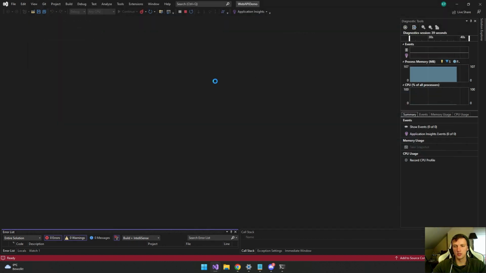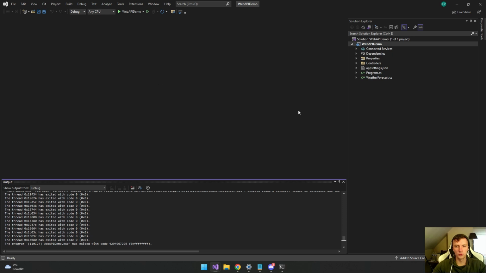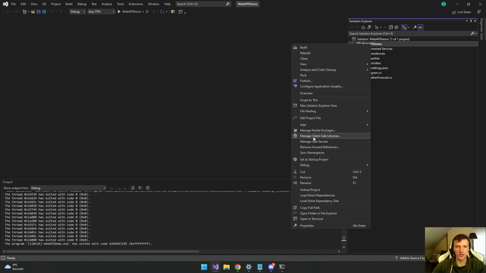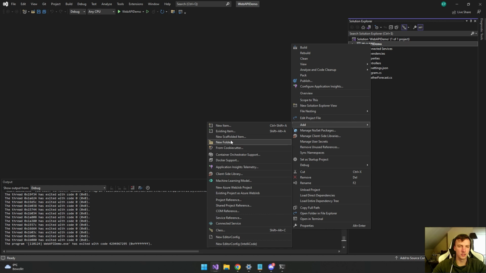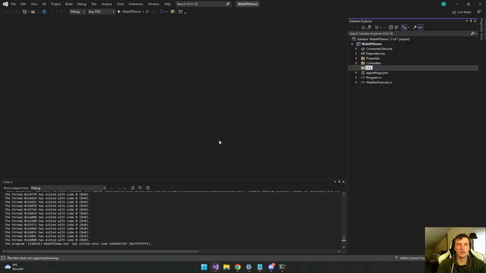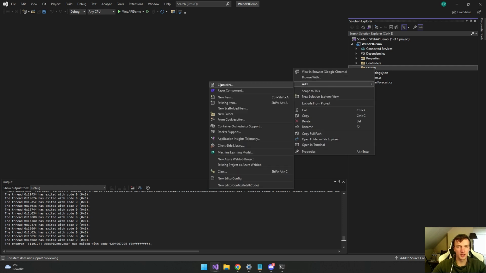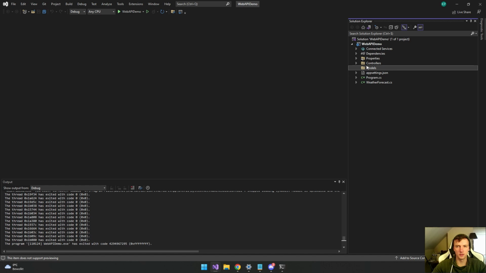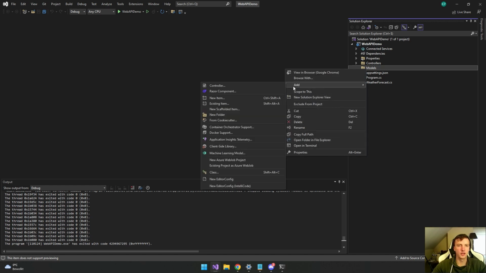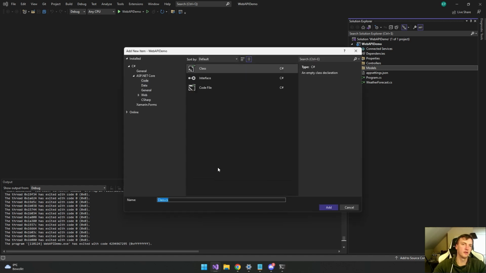Okay, let's go to this one. So now what we want is we want to create our API. What we're going to do is add a class folder. Let's say it's going to be our models. And in this one we're going to create a model, not a controller, sorry. We're going to keep this really basic, but so that you will understand how you can expand it if you want.